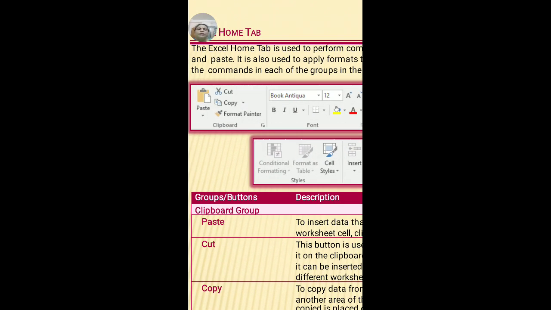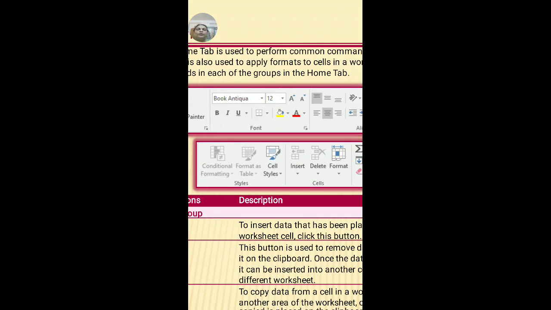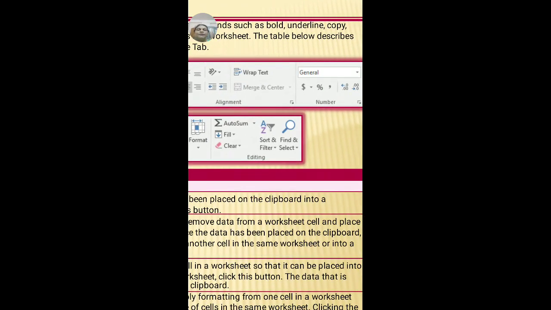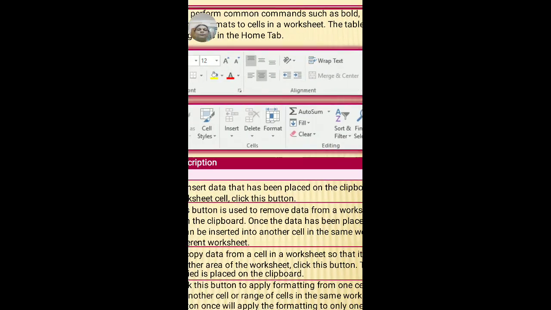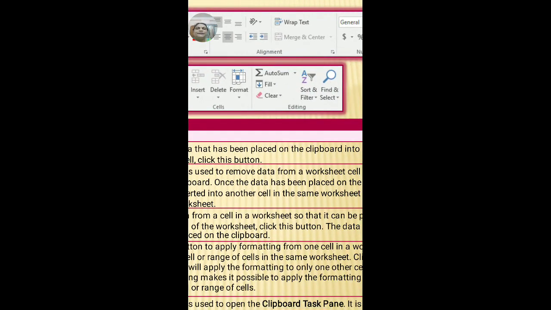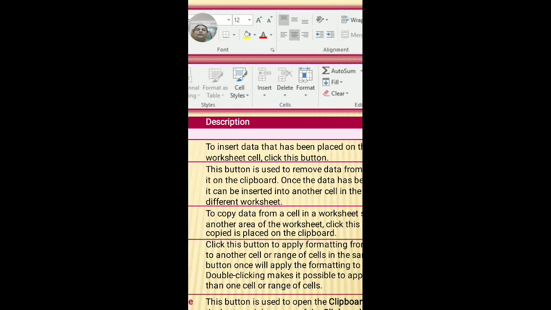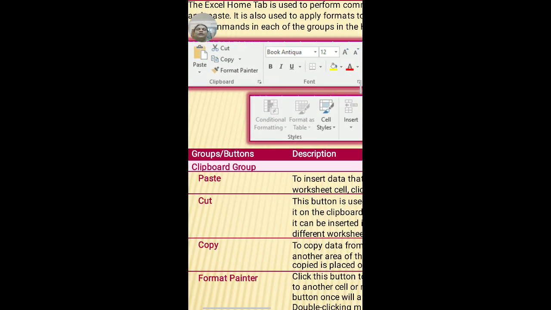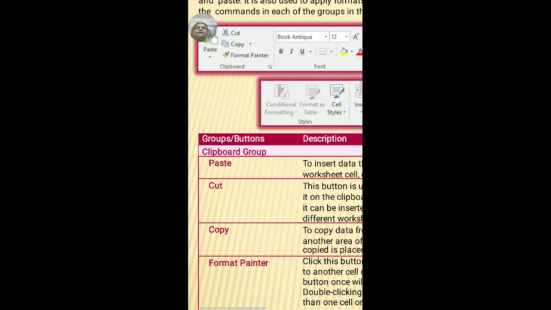That is the Clipboard group, Font group, Alignment group, Number group, Styles group, Cells group, and Editing group. These are the groups existing in the Home tab, which I discussed in the last class.